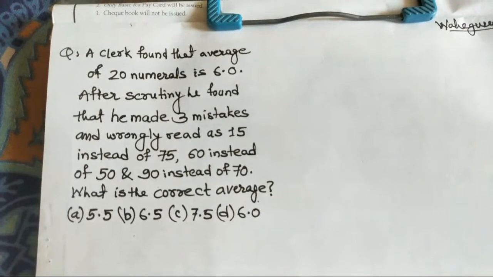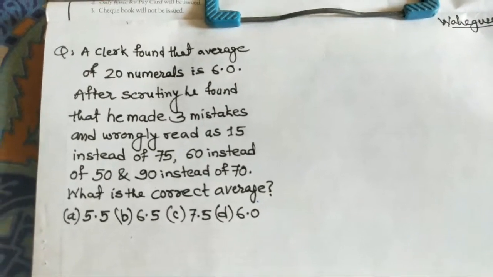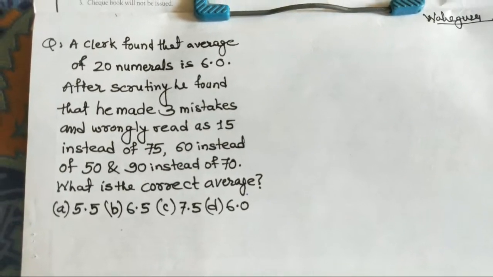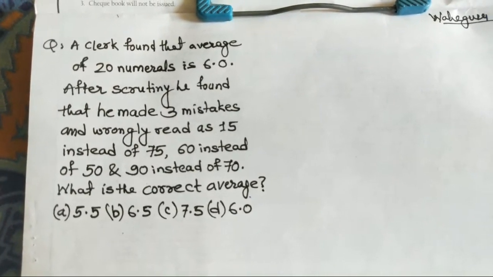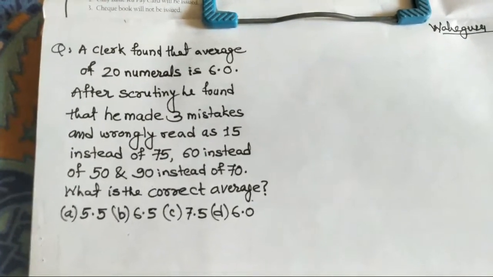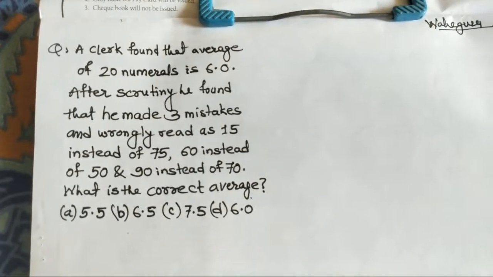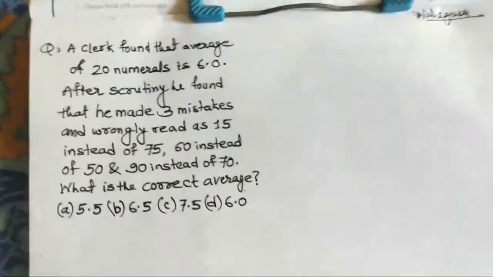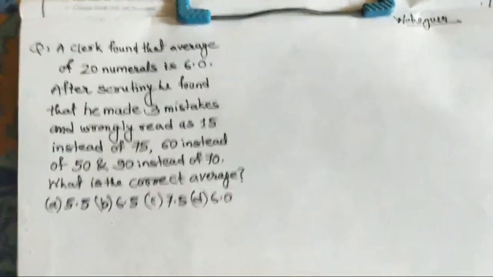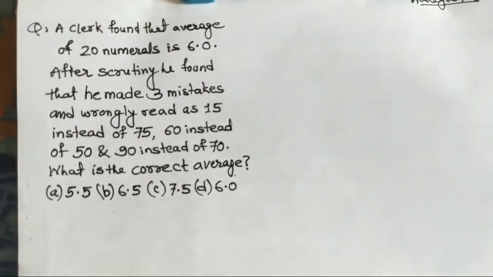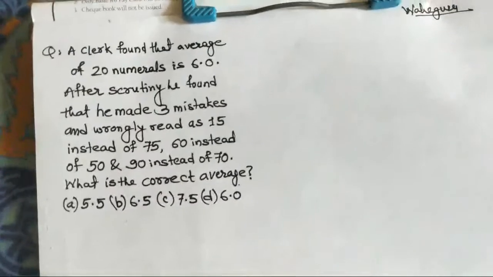to be solved of average, that is mean, where we have taken some wrong values instead of correct values. One such sum is given here. A clerk found that average of 20 numbers is 6.0. Average of 20 numerals is 6.0, and after scrutiny he found that he had made three mistakes and